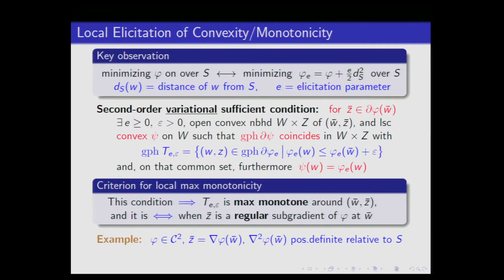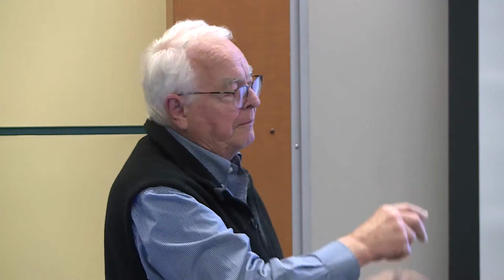And that graph is a graph of a certain set-valued mapping. And that's the mapping we may need to deal with. Well, and so the subgradients of the convex function agree with that, and the function value of c agrees with the function value of this elicited phi sub e, at all those points. So it's basically that by making e big enough, then near enough with epsilon, I will get everything about phi, c can do better, something like that.